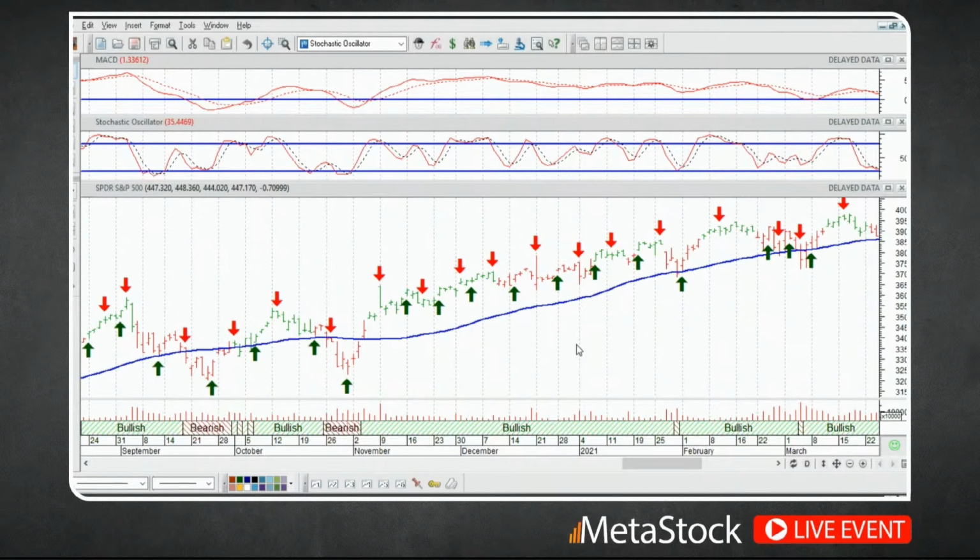And by doing that, I can combine them all together. So the first one I'm going to do is identifying the ribbon down here at the bottom to be either bullish or bearish. So our bullish condition is the close is above its moving average. So what I'll do is I'll just make a copy of that formula.